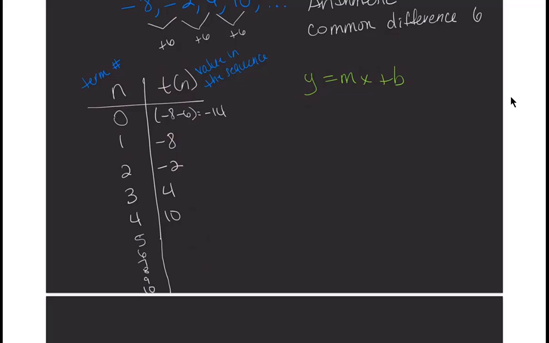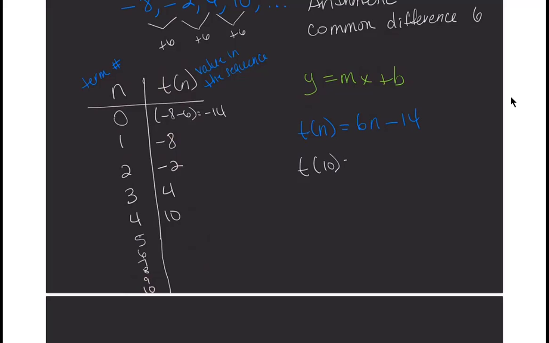So we can write the equation of our line, or the equation for our sequence. Instead of y, we write t of n, and that equals m, which was our common difference, which is 6. Instead of x, it's going to be n minus 14. So now, the question was, what's the 10th term? If we want to figure out our 10th term,